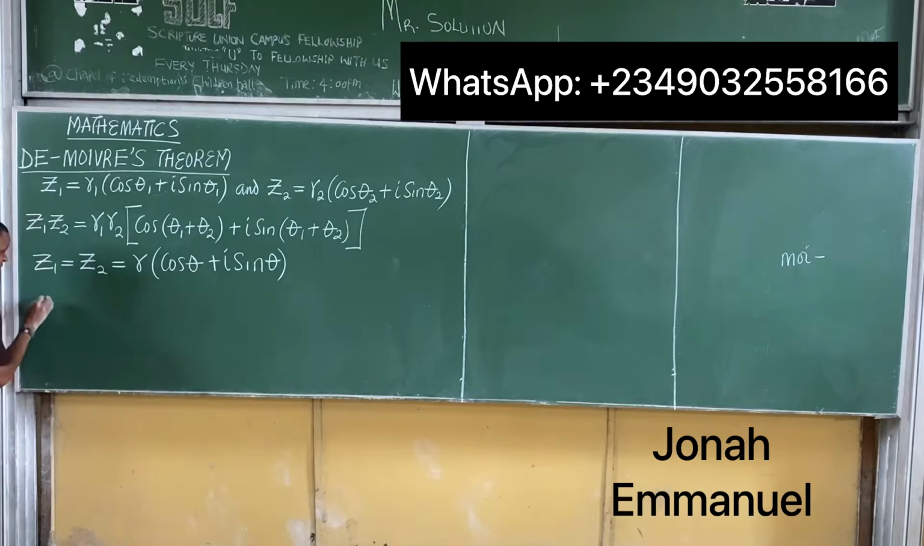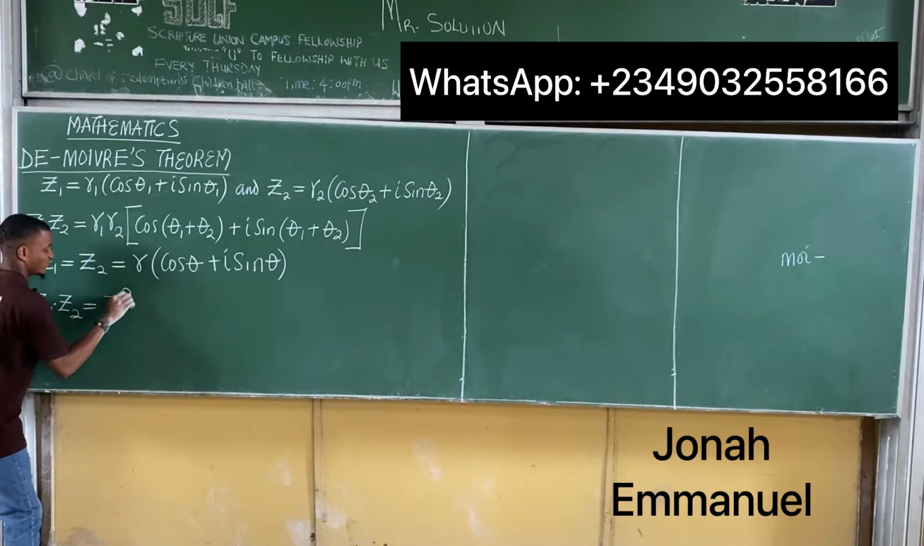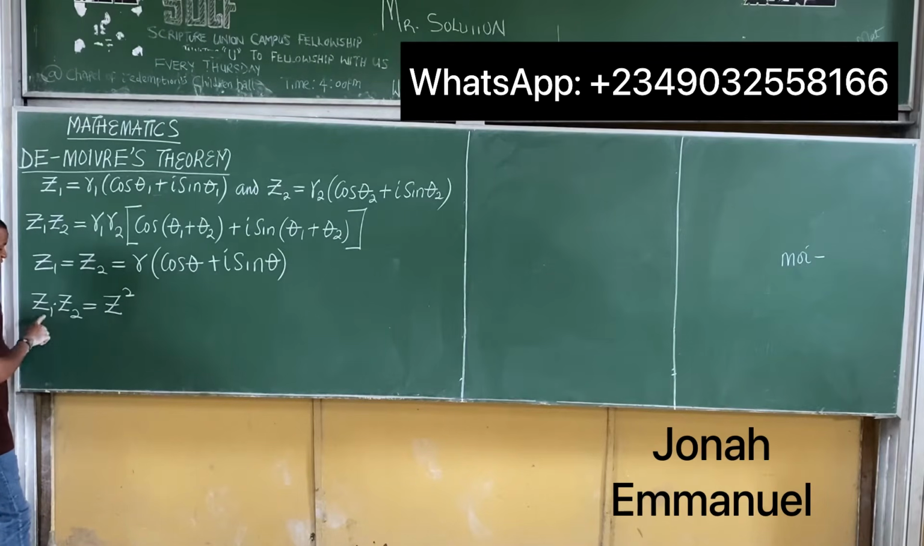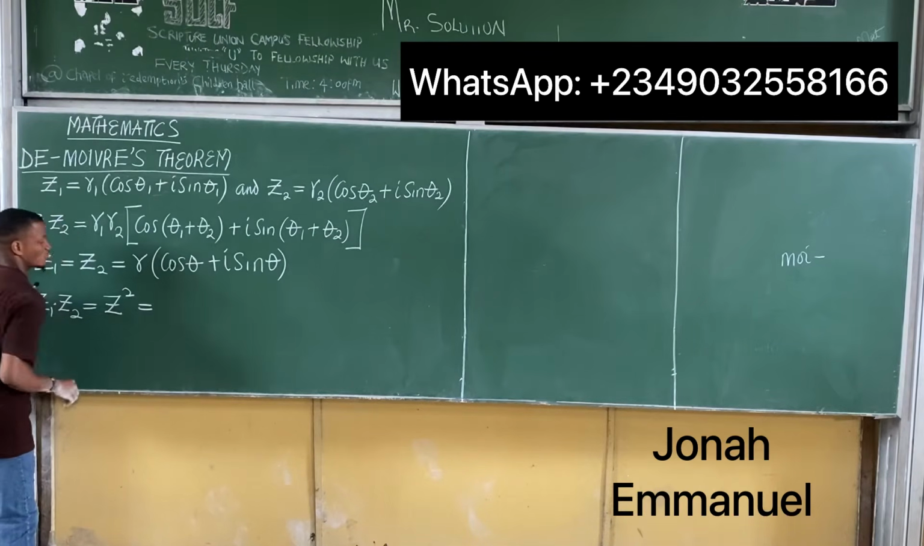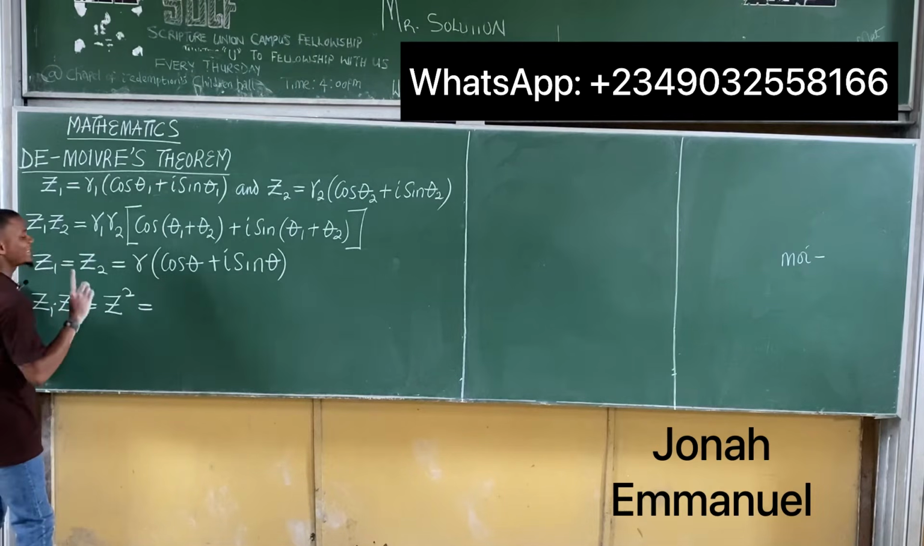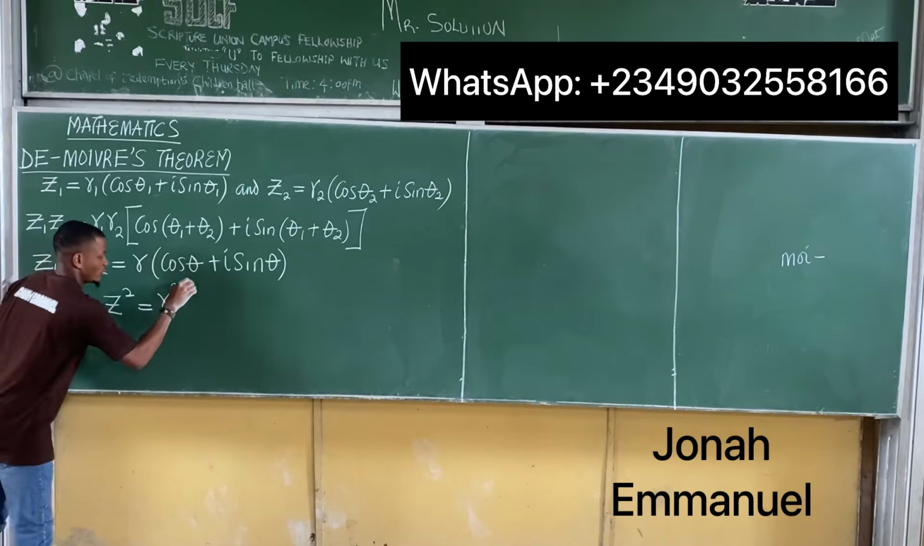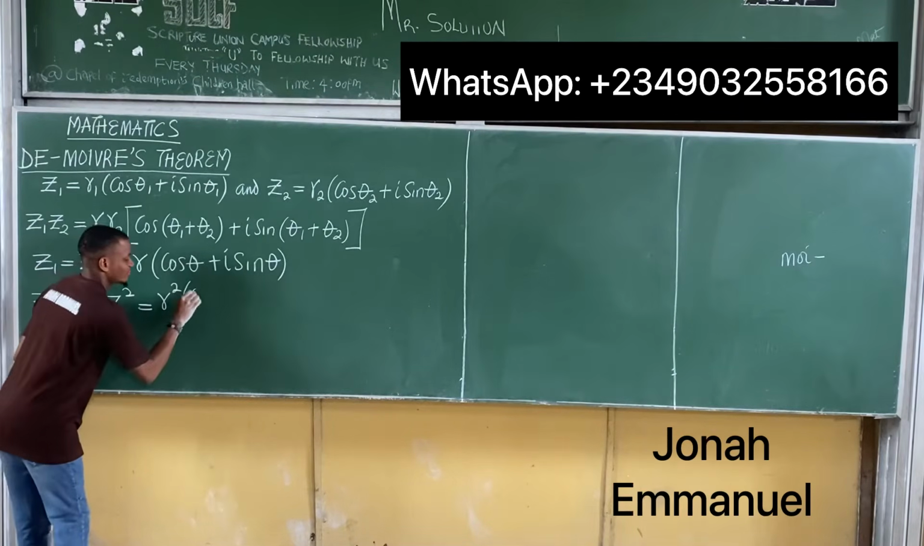If I multiply them, I'll have z1 times z2. Since they are the same thing, we can just call them z. So z squared, for instance, because z1 and z2 are the same thing. This will be equal to r1 times r2, but r1 and r2 are the same, so it becomes r times r, which is r squared, into